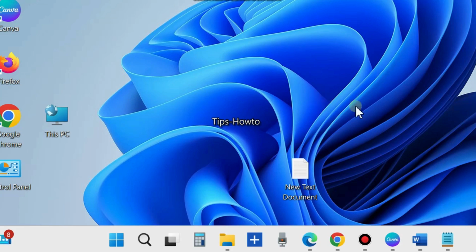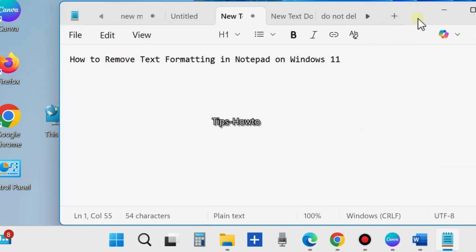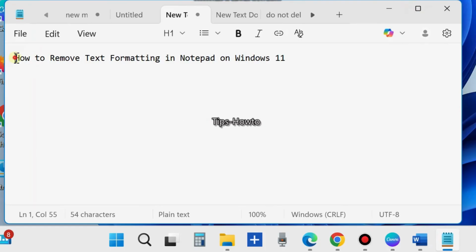Hi guys, in this video we will see how to remove or disable text formatting in Windows 11 or 10 Notepad. You can easily disable or remove text formatting from your Windows 11 and 10 Notepad. Here is the process. You can see this is a Notepad, open Notepad, and you can see the text formatting option